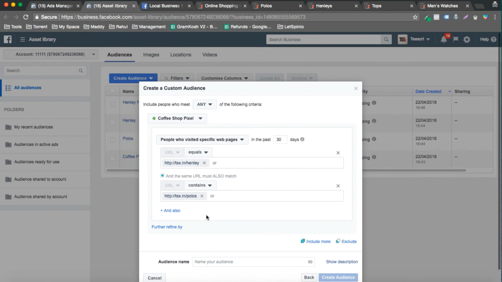This is the audience you want to create: the person should have visited both of these pages. Let's say you have a common checkout URL, but with this logic you will know that this person is coming through the Henley page. You have to create all sorts of logic when you are creating such audiences.